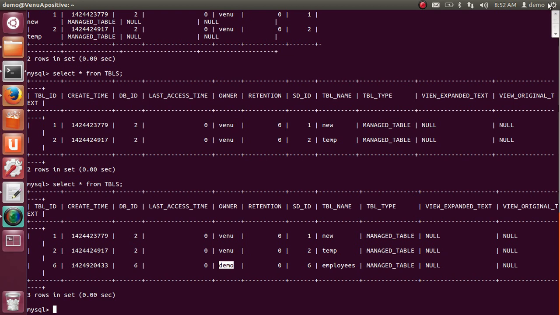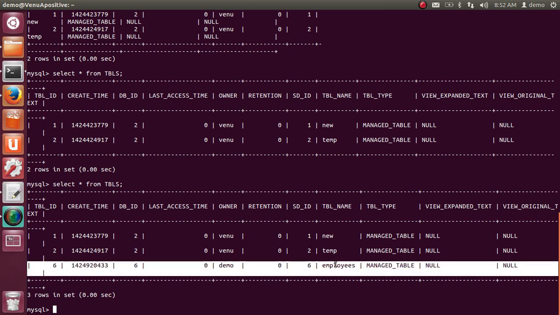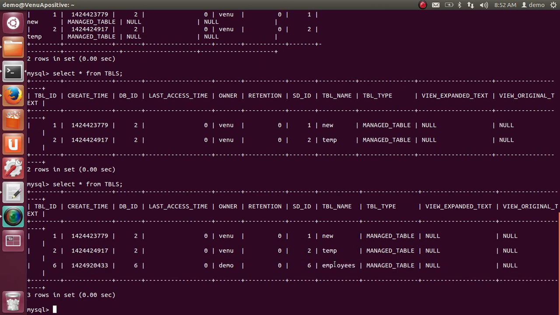In this demo user I am doing this operation. Basically, I have another user as well, Venu. In this folder I have implemented some tasks, these tables, and in this one it is the employees table. It doesn't show the entire information. It shows that the employee's serial number is 1, and the techniques he followed, etc.